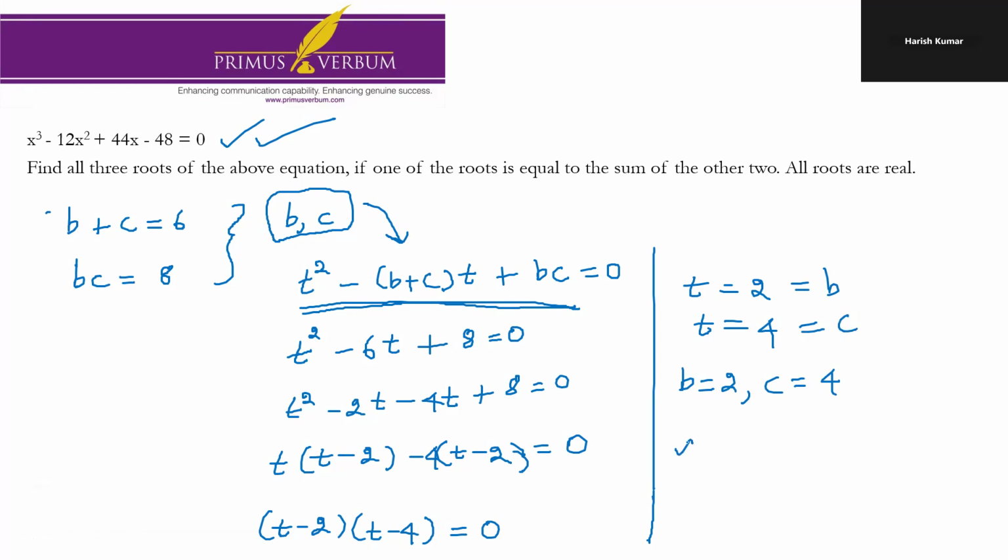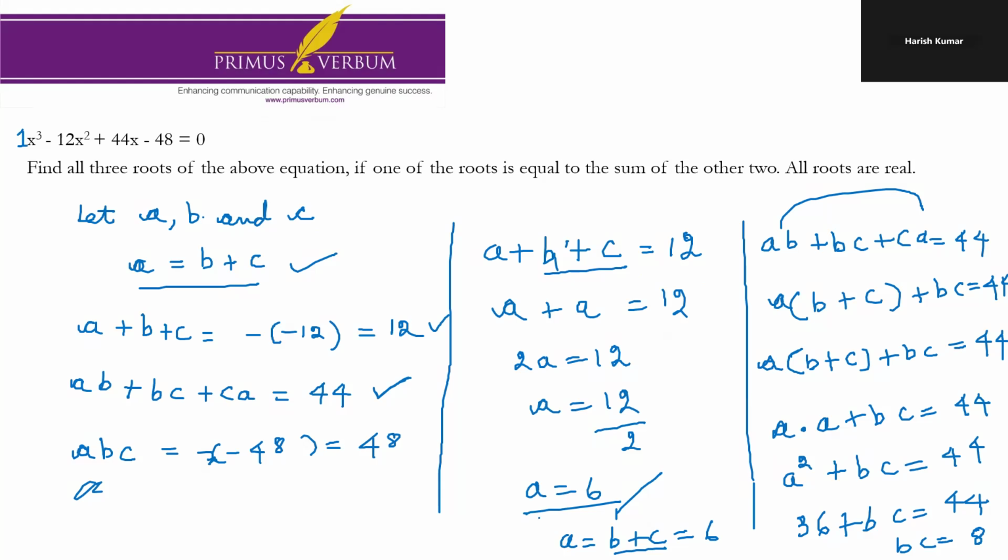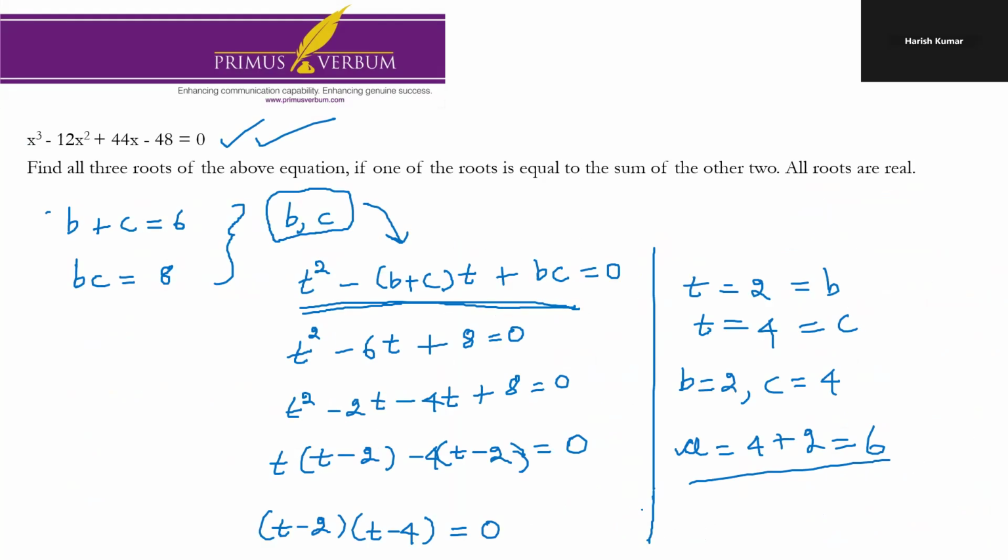So if this is the case, then A should be equal to B plus C, that is 4 plus 2, which is 6. And this we already independently deduced. See this here, we deduced this independently. So now we have the three roots of the equation, 2, 4, and 6. And you will note that one of the roots is equal to the sum of the